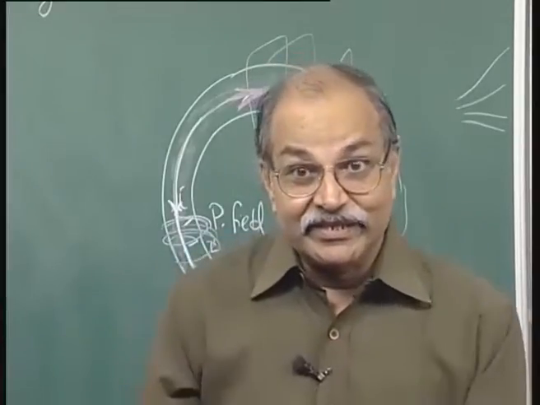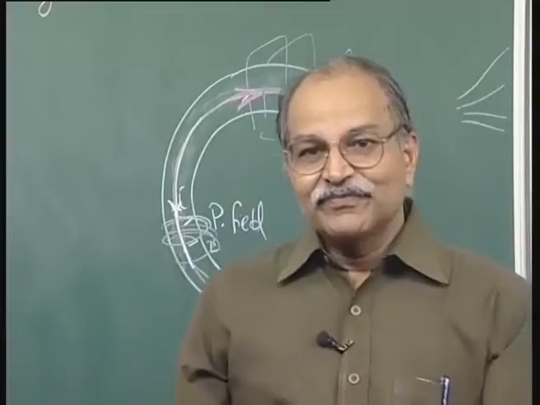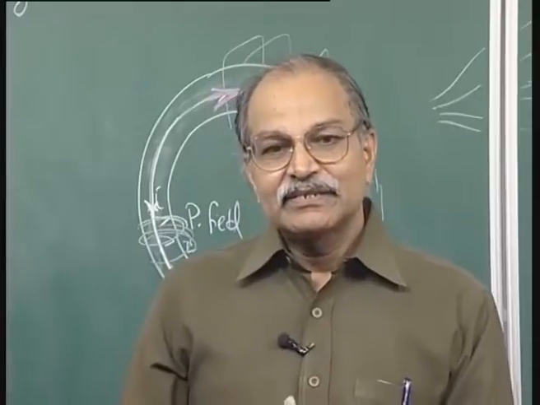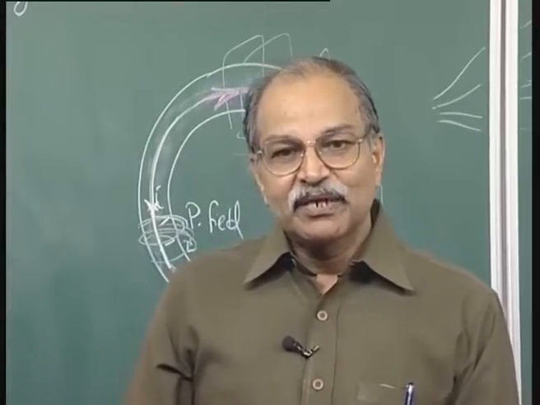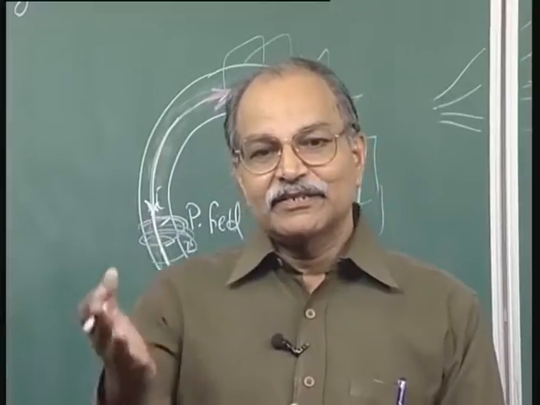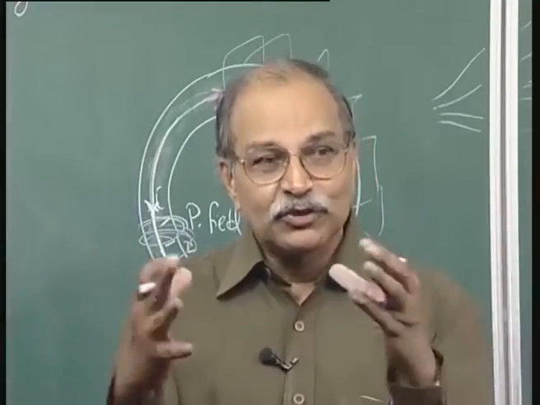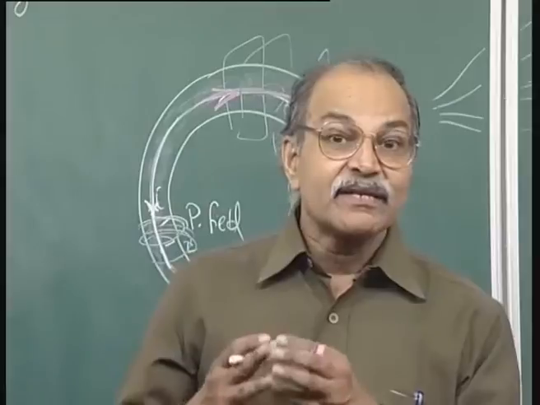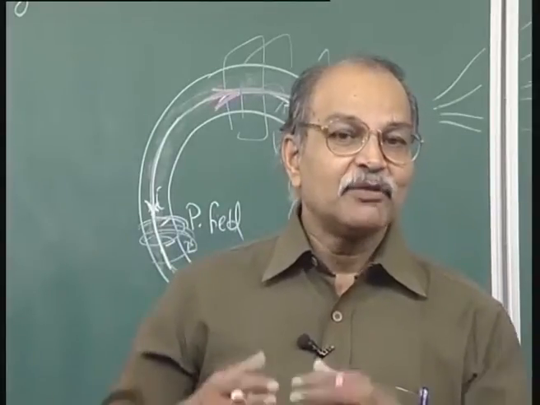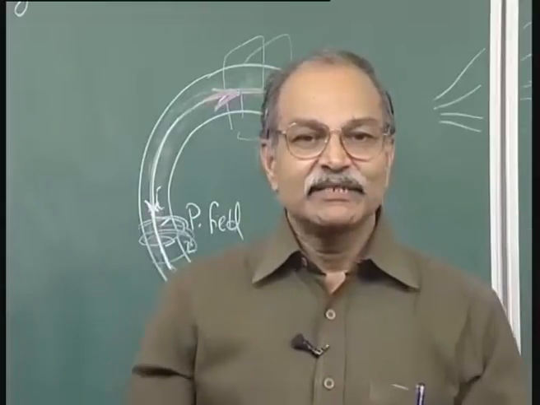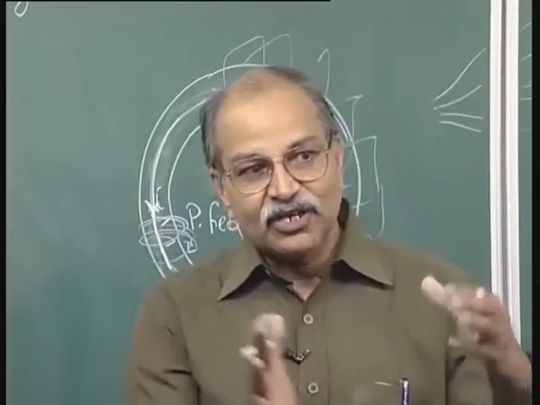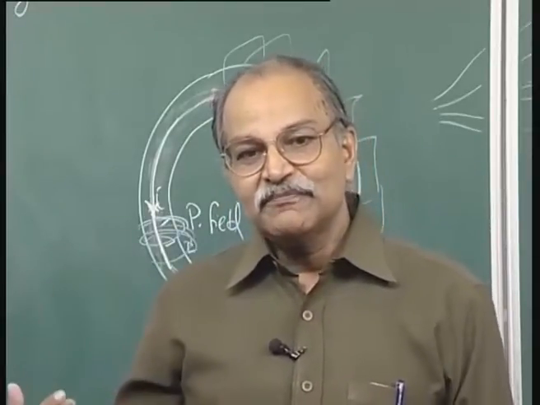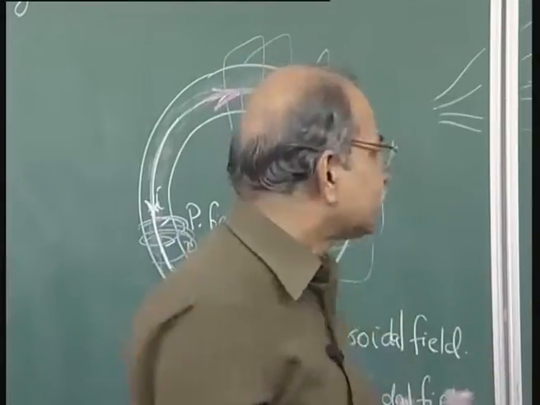The current status is that several countries, the United States, China, India, Japan, South Korea, Russia, and the European Union, these 7 partners have joined hands. It is a big international collaboration. Almost half the population of the world is represented by these partners, and they are now building in collaboration a machine known as ITER,